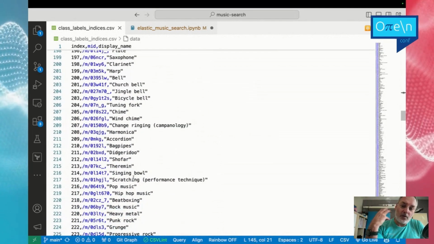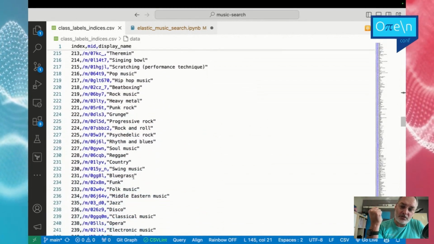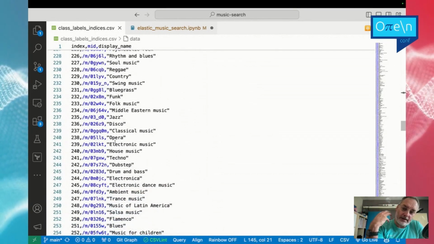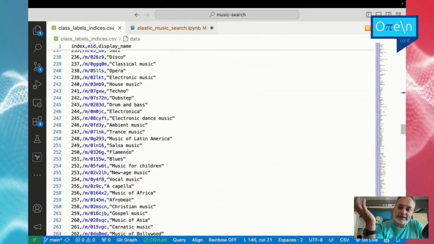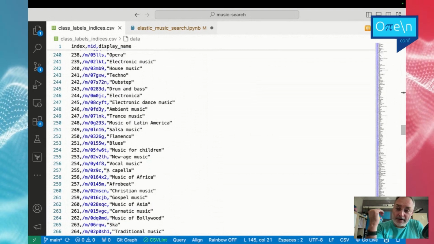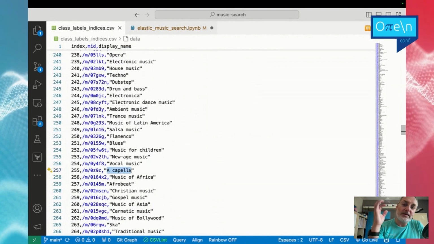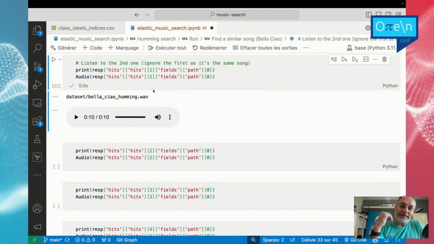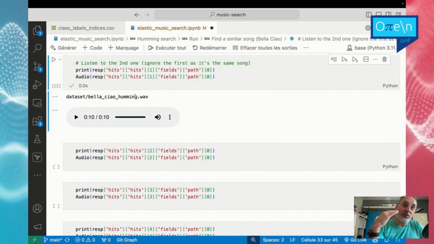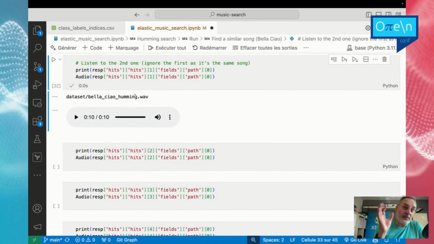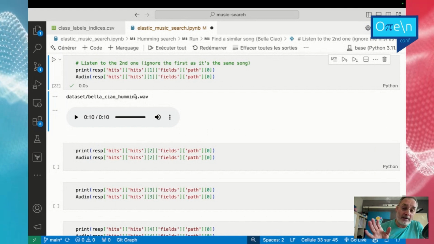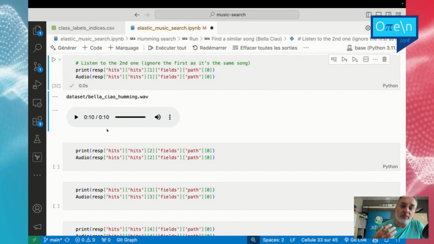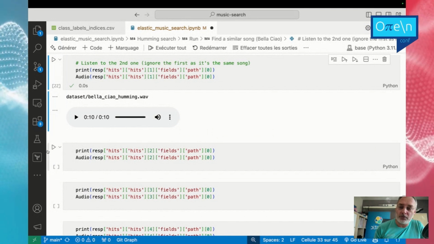This is all the classification which is happening behind the scene, and also the type of music that you have, like if it's opera, classical music, and so on. And also a cappella. And probably what I'm doing here is a cappella. That explains why this second hit was the closest to me, because both of them are a cappella. It's not about the music itself and the notes behind the scene, it's more about the classification of the content.